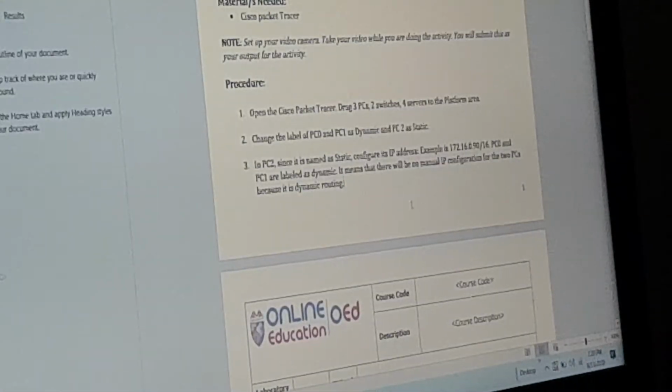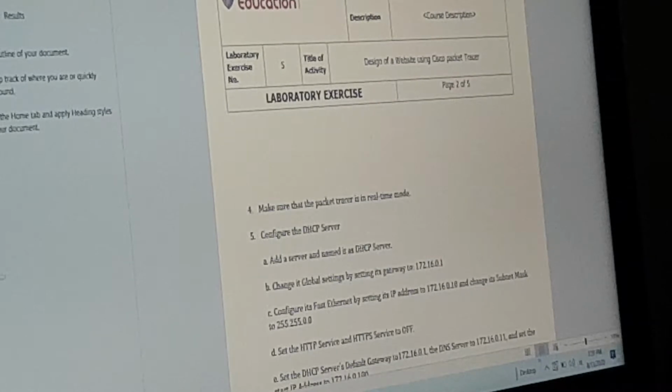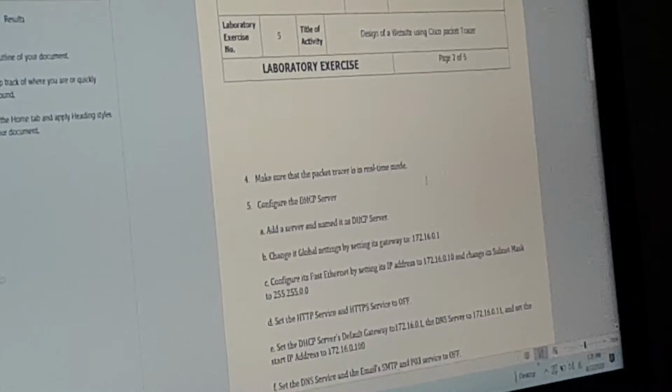Next, make sure that the Packet Tracer is in real-time mode. So this is the Packet Tracer platform, and we are in real-time mode already.